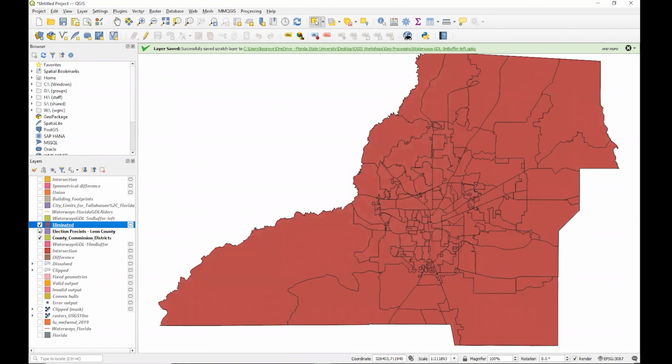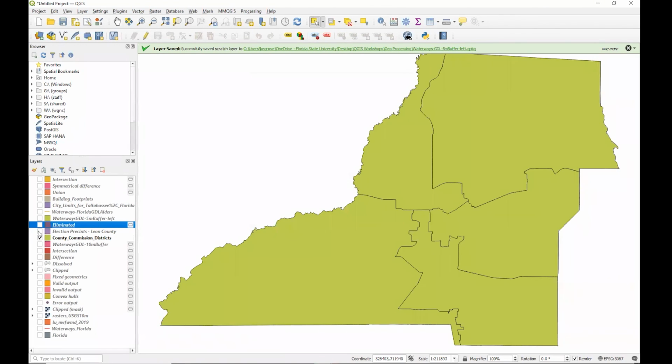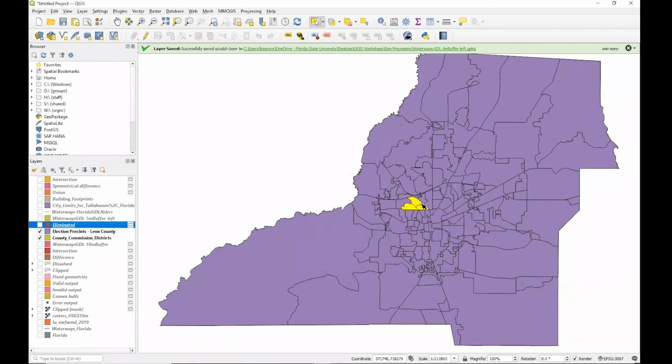So what that did is, let me turn that on, see, it removed the largest common boundary that was going on. So now it's all in there together. So that's a way that you can join things